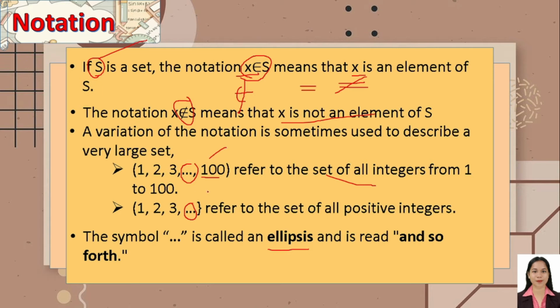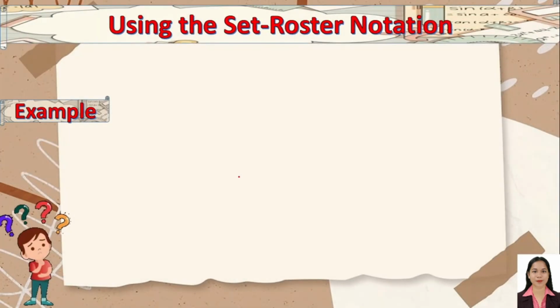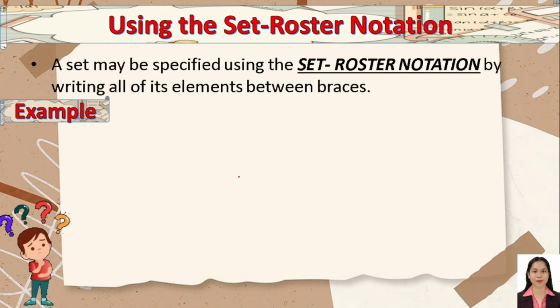So dito parang may fixed na number. Okay? So dito, infinite siya. Kasi hindi natin alam kung saan magsa-stop si positive integers. So meron siyang positive infinity. Okay. So using the set roster notation, a set may be specified using the set roster notation by writing all